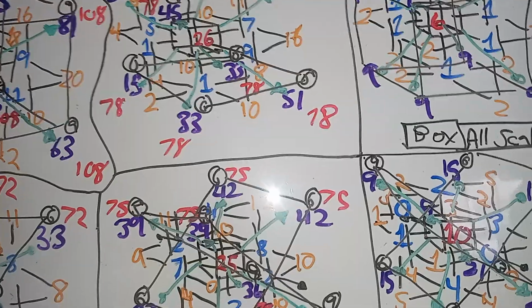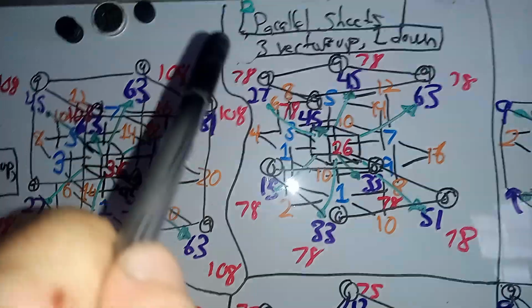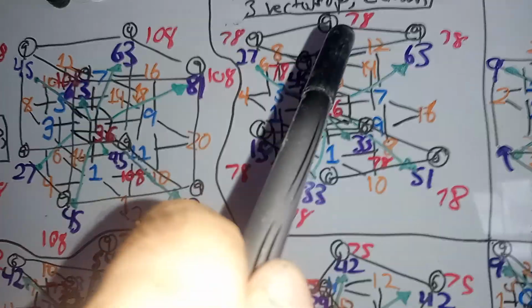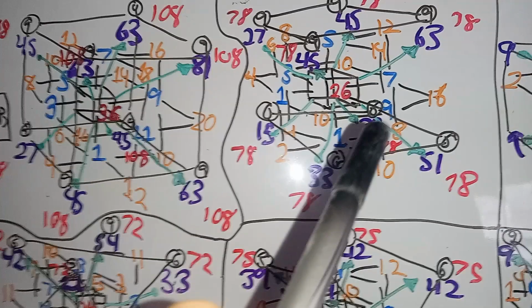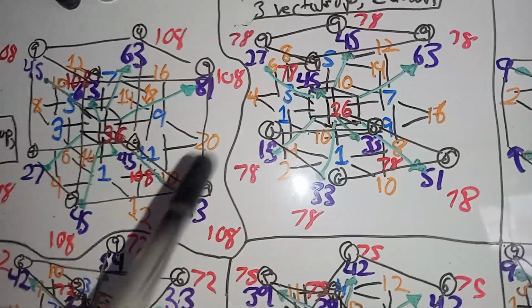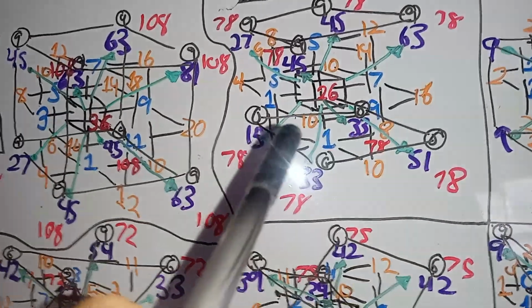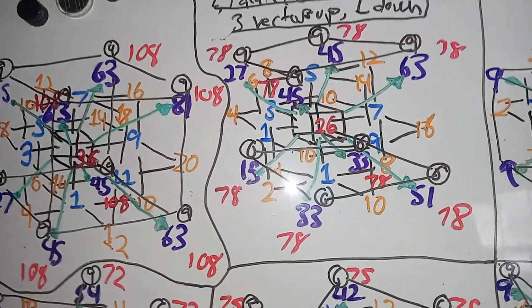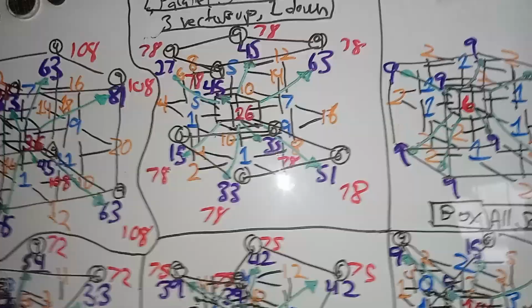Let me see here. The number 2, parallel sheets or parallel planes. You have the 9s numerologically reduced from 27, 45, 45, 63. Then down here you have the 6s reduced from 15, 33, 33, and 51. So 6s form their own plane and 9s form their own plane, and they all have symmetries. Left plane, right plane, up plane, down plane, back plane, front plane, I think. Yeah, I think I got them all. And then